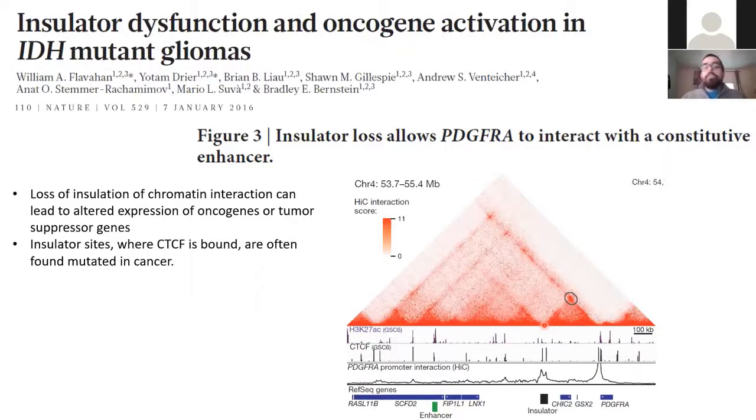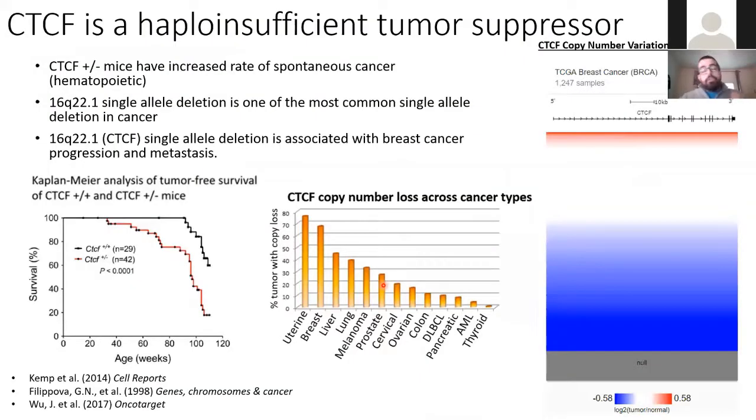So insulator sites are often found mutated in cancer, but what happens if instead of being the site where CDCF is bound that is changed, it's CDCF itself that is changed? Either it's a mutant or its levels are lower so that it cannot bind every site it's supposed to. Well, CDCF was shown to be a haploinsufficient tumor suppressor gene, as mice with a hemizygous deletion of CDCF have